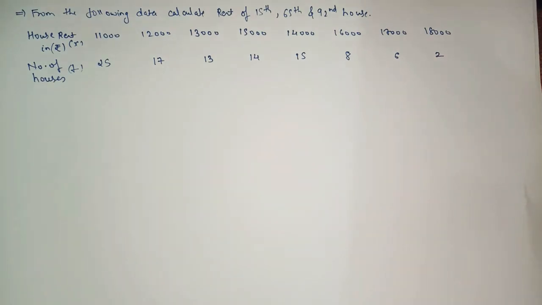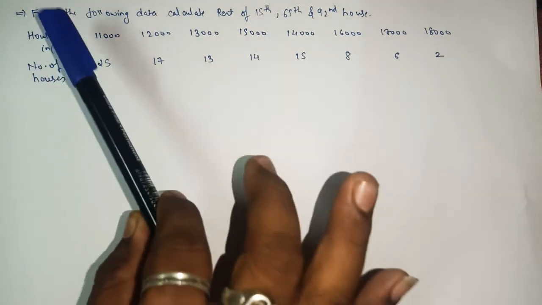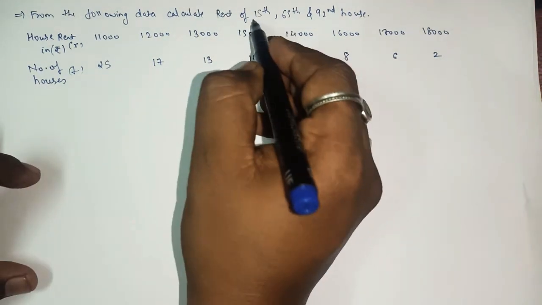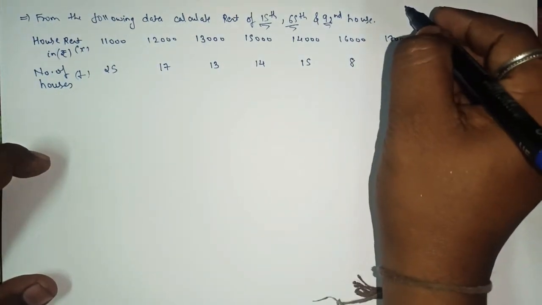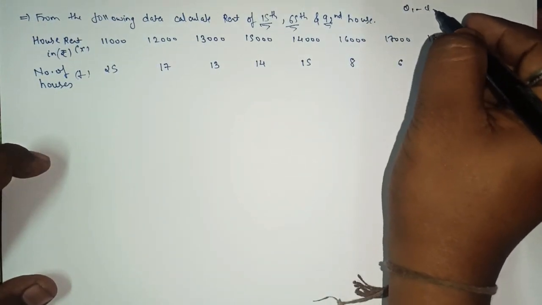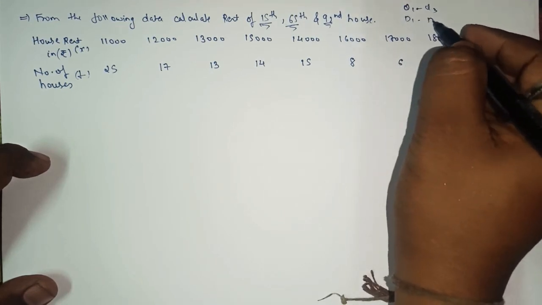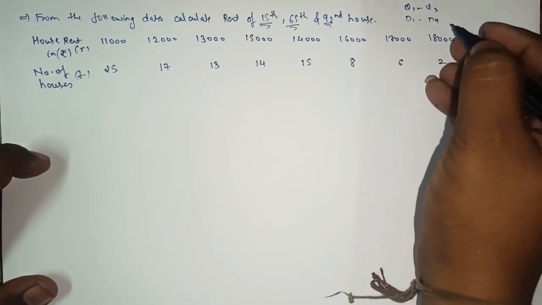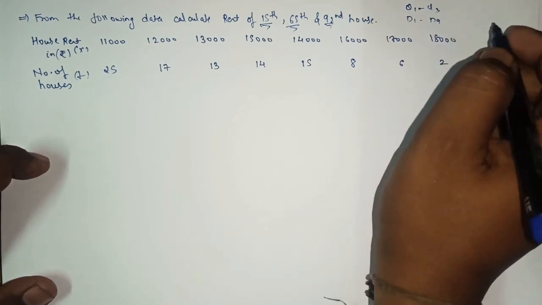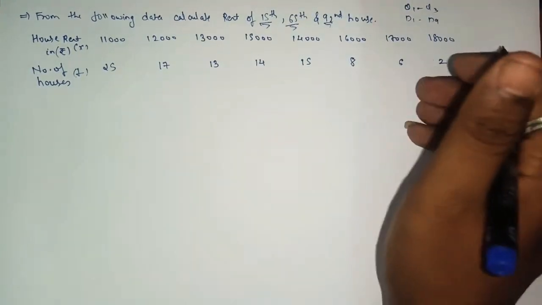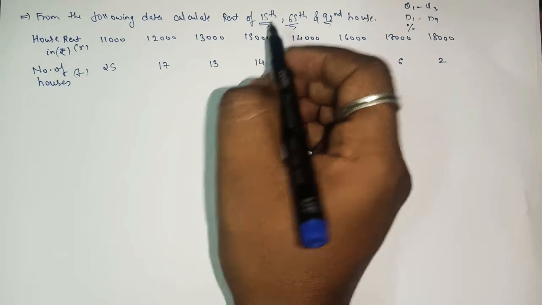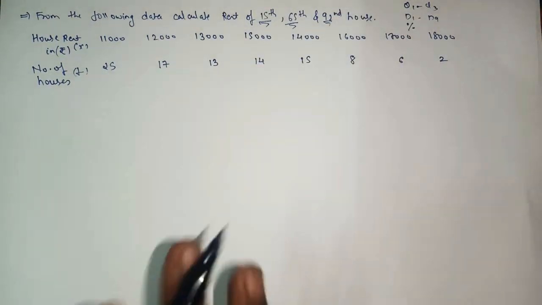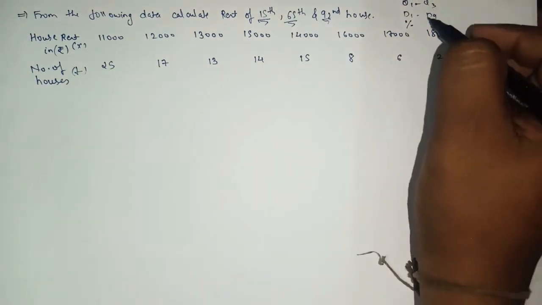So how will you know what exactly we have to find, deciles, percentile or quartiles? It is very simple. Here we have to calculate the 15th, 65th, 92nd. For quartiles we know that we have Q1 till Q3. For deciles we have D1 to D9. If the value is more than 9 or 10, it will be for what, percentile, yes or no? Actually for this sum we have to find percentile, because in percentile we have P1